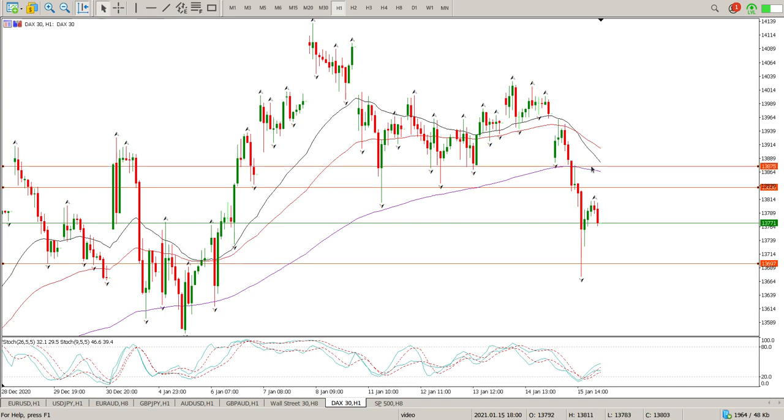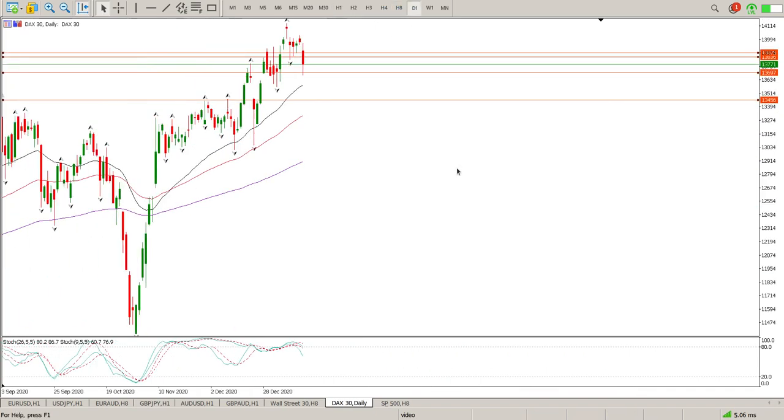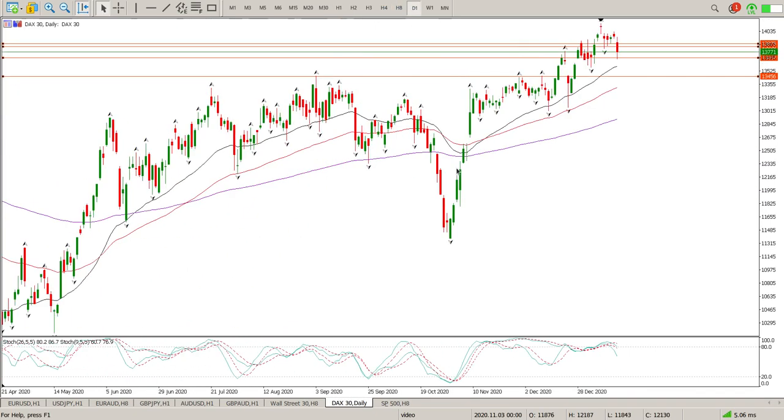Well, obviously, I would prefer the height of the pin bar, but we need to pay attention to this area here, 13875, because if that fails, so in other words, we get back there and we reject it, it flips to resistance, then we have a confirmation of a potential trend change on the hour and a potential move to the downside. When it comes to indexes, I really don't like chasing the shorts, unless with the DAX the daily time frame indicates that we are in a downtrend.